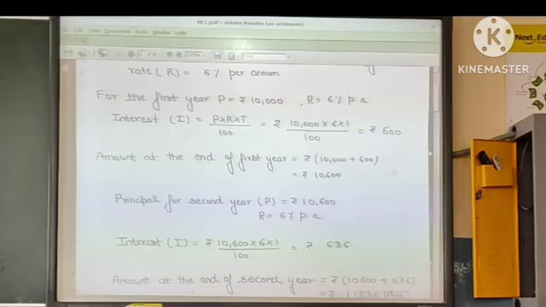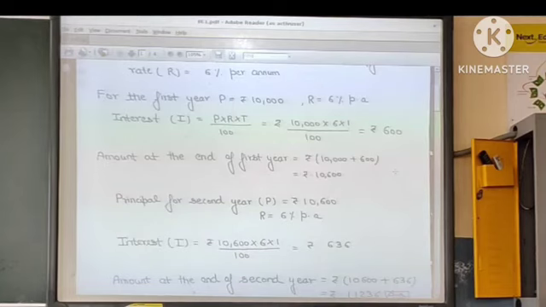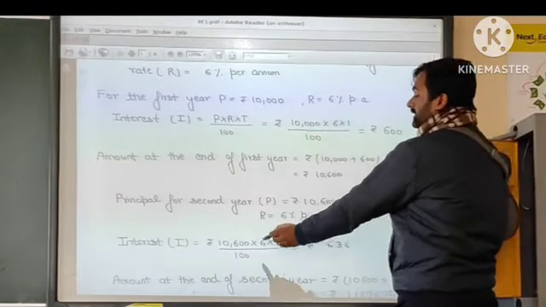And children, this change is brought about only when the principal changes. So the principal changes from the first year to the second year. That is why the interest also changes. In other words, when you are calculating simple interest only, the principal remains the same for all the years. But for compound interest, the principal keeps on changing, and that is why interest is earned on interest also. See here. So in the first year, only 10,000 is used to calculate interest. In the next year, 10,600.